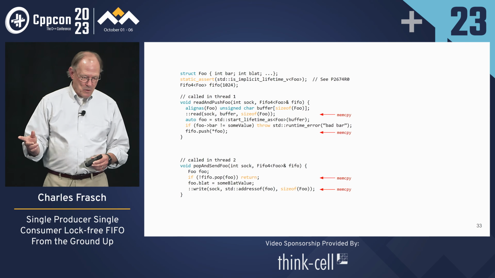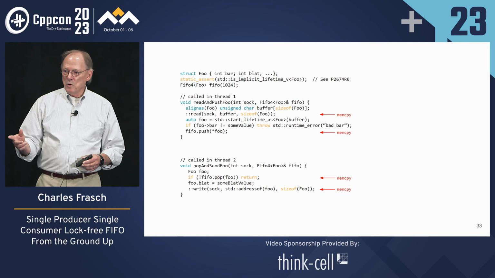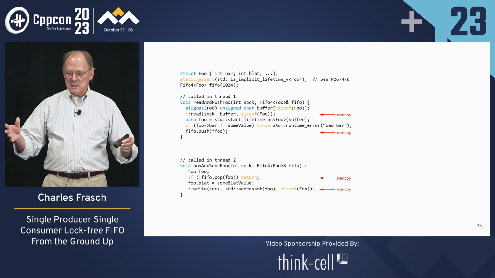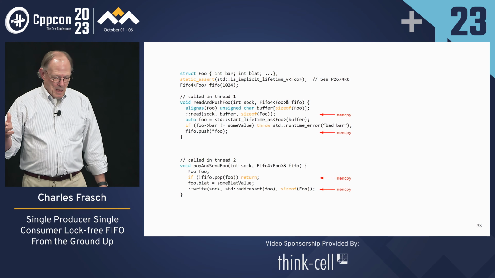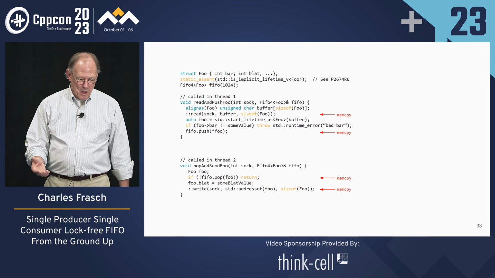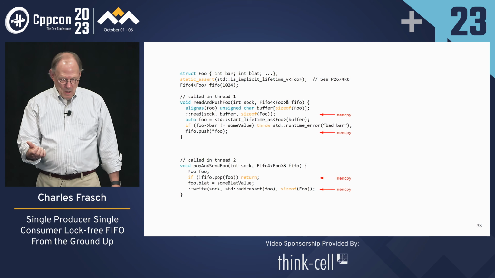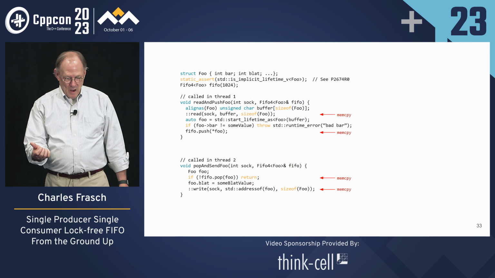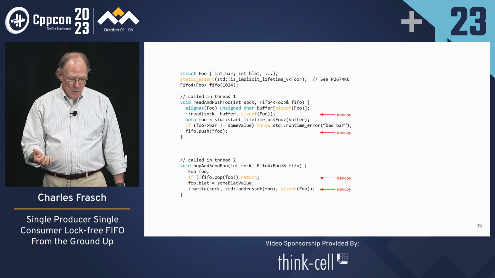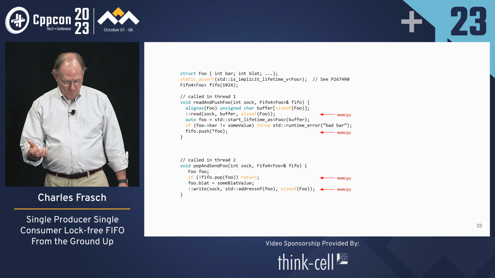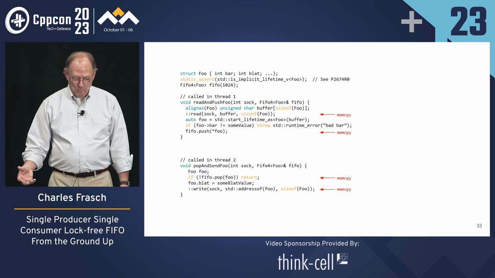Now, what we want to do is check whether foo bar has some particular value. If it doesn't, then we throw an exception. And if we don't throw the exception, we push that foo onto the FIFO. The other thread pops it off. It pops that value, that foo value, into our foo variable. It does some processing on it, for example, set the value of blat, and then forwards that onto somewhere else